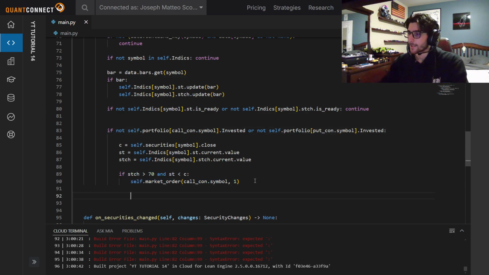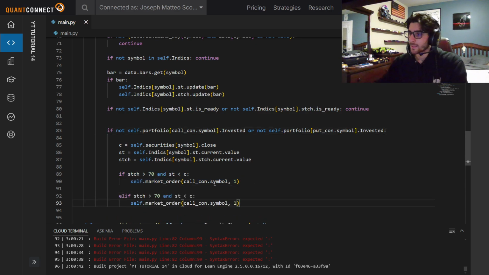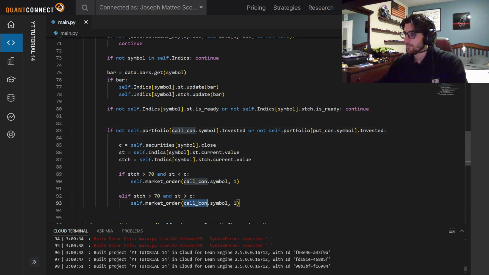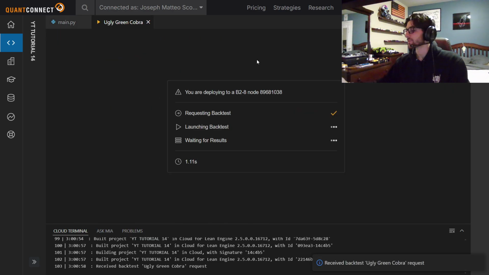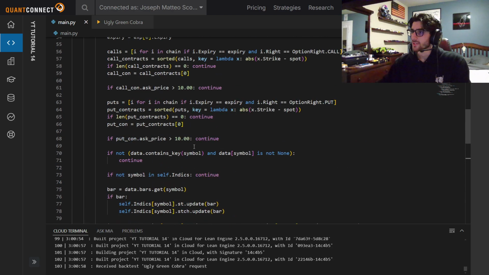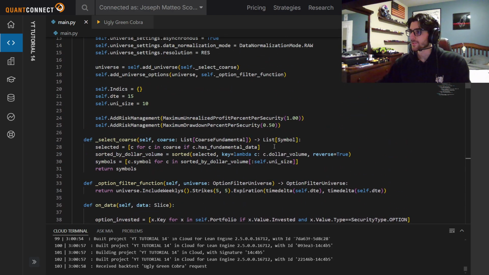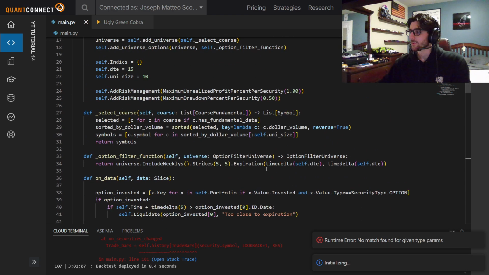And then we're going to say elif, and then pretty much just reverse that sign, make sure it's a put, and change this to be less than 30, and then build, and then backtest, and we'll get to see these results. They're not great results. I didn't really spend much time actually with the look back, with the parameters, with what specific options we're. Oh,